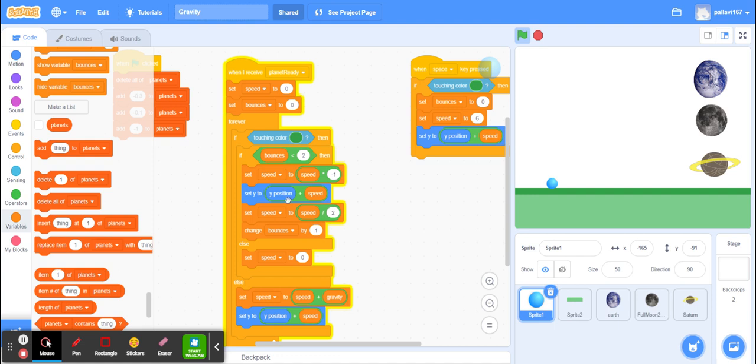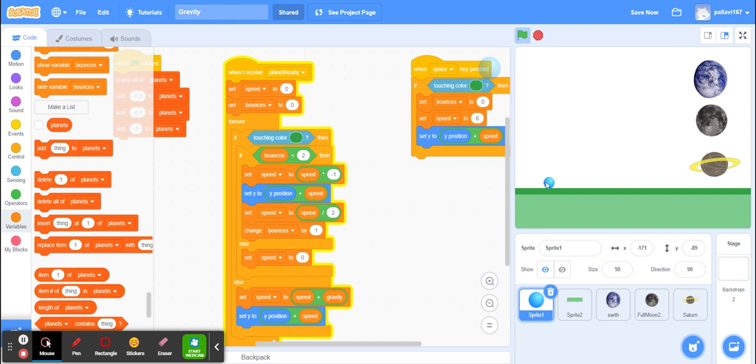Okay, so it is going to be y minus speed because the ball is coming down. Okay, and then later on I'm gonna decrease the speed into half and change the bounces by 1. So by decreasing the value of speed into half, I'm gonna simply make the ball come up at a slower rate. So since the gravitational force is more, I want the ball to come down faster, and in the second bounce, the speed is going to be a little less. Okay, because of course when you throw the ball, you need more force than when it comes down.